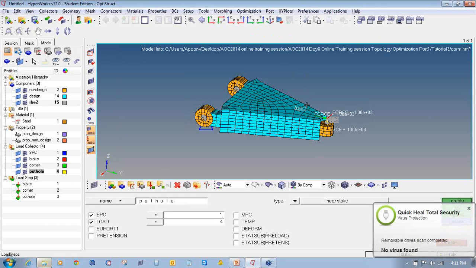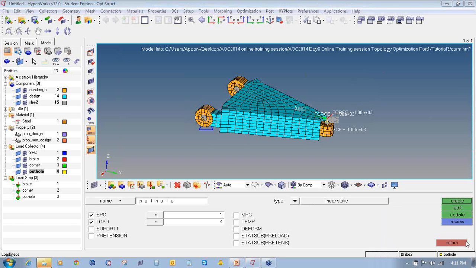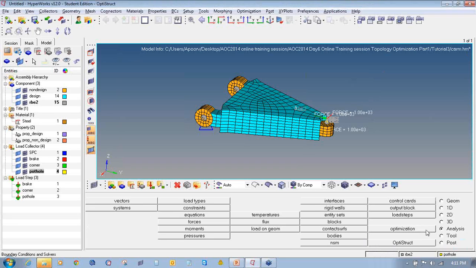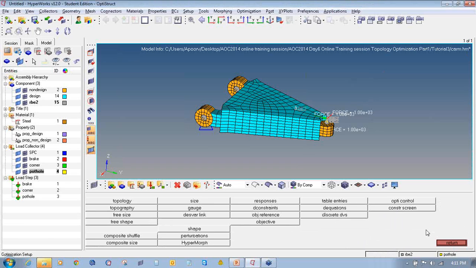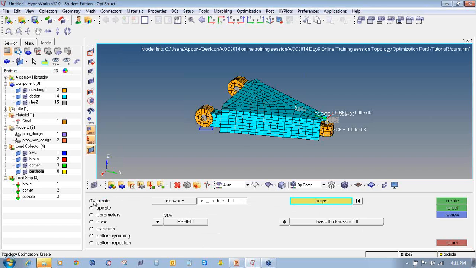Now without running, I will directly move this model to optimization setup. So to define the optimization process, I will first click on return, go to analysis optimization and follow the same process as DRDO. First we will create and define the topology design variable. So I will go to topology, select the radio button as create,